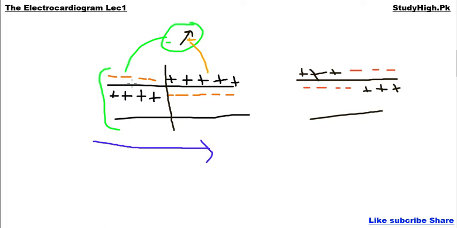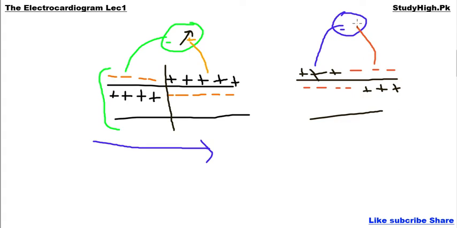After some time, it will start repolarizing and again cause the inside to become more negative as compared to the outside. And this area, which was initially at positive potential outside and negative potential inside, the resting membrane potential, will start converting into its action potential form, or depolarized form. When you connect this portion with a voltage meter, with positive connected to the negative and negative connected to the positive, what will happen?